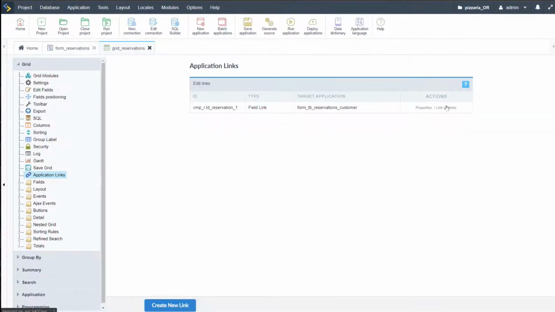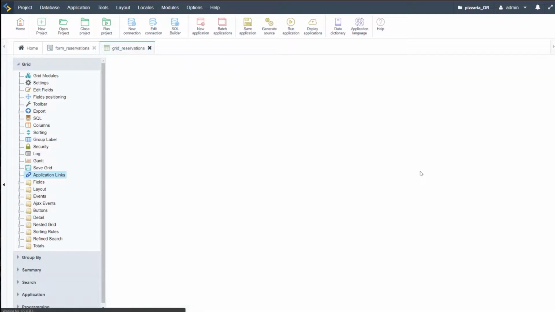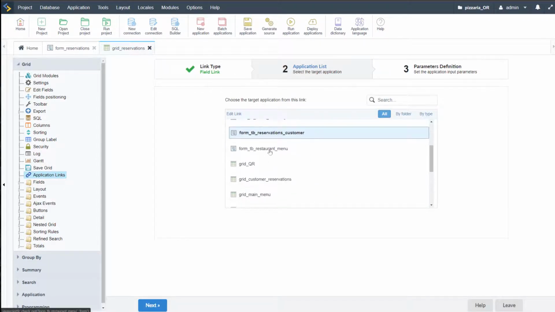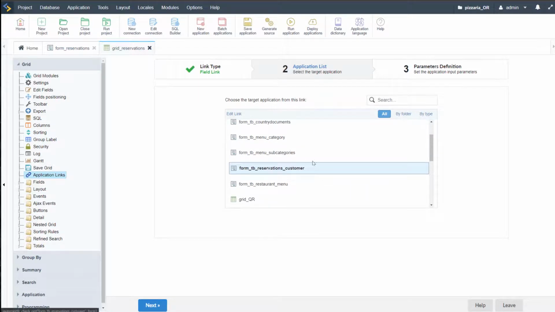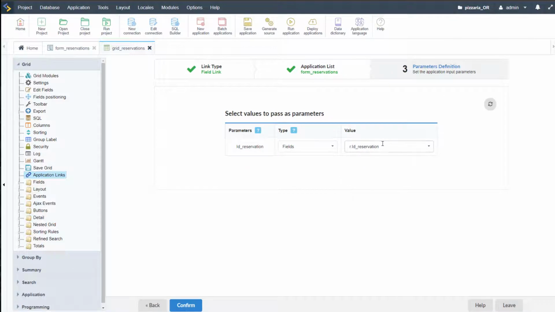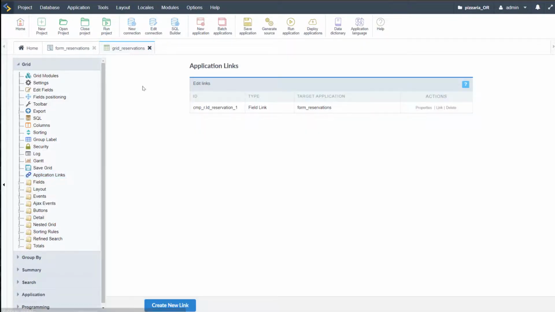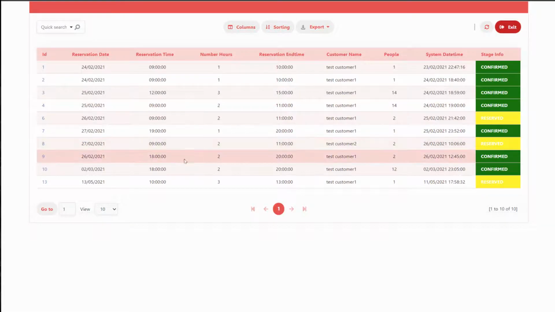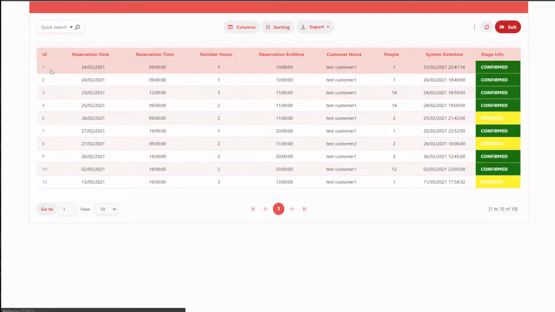So if I come here to application links and then select here link, if you remember, we link that to the customer reservations, and we have here then the form reservations, which we want to now link that to. So if I go then form reservations next, and then we have then the reservation ID, confirm that, and that is then also linked to the correct form. So then go ahead and run that again. We then have our complete